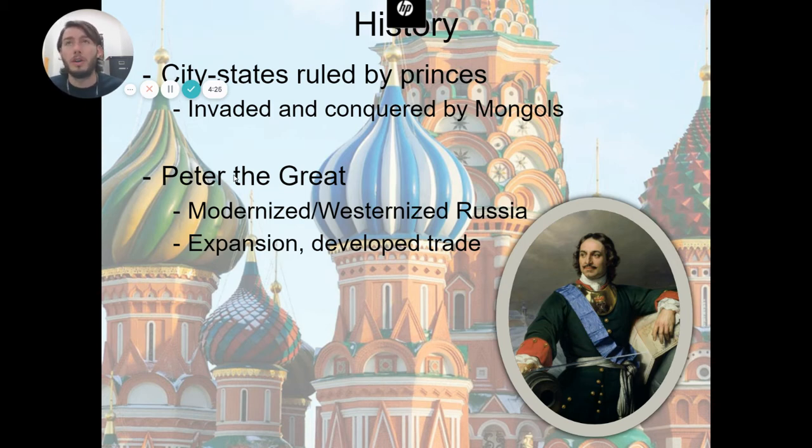The Mongols were a nomadic group of warriors that traveled all throughout Russia, Asia, and parts of Europe. They had Genghis Khan. I'm sure you've heard of Genghis Khan before. He was a Mongol, and they rode on horses across Europe and Asia, and they essentially raped and pillaged different towns and cities. They weren't religious people, so they would go in and raid churches because churches had money and gold and valuables. And so they would take everything of value, and then burn it down to the ground and kill everyone that was there.